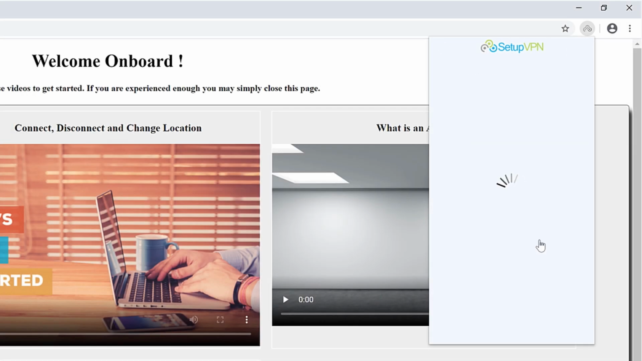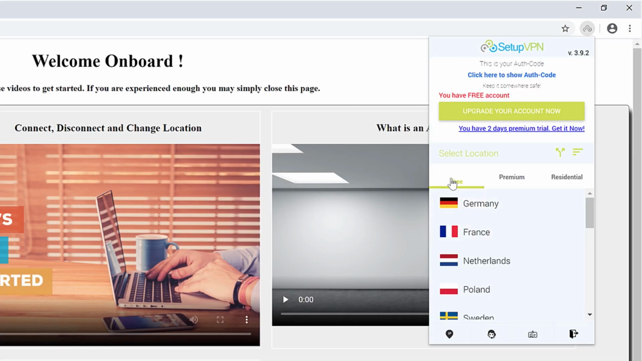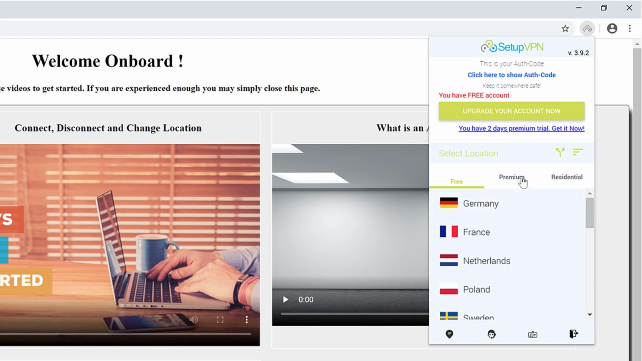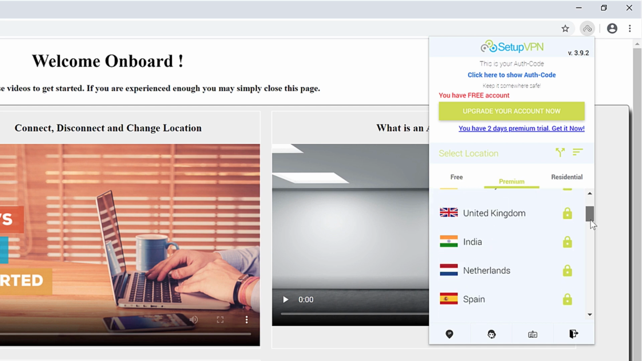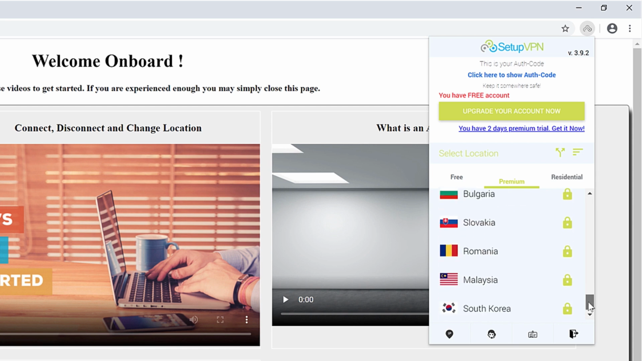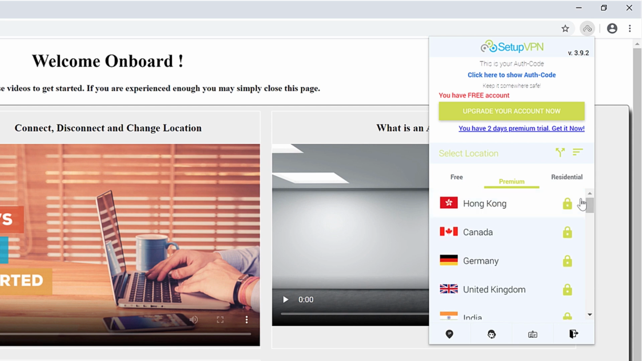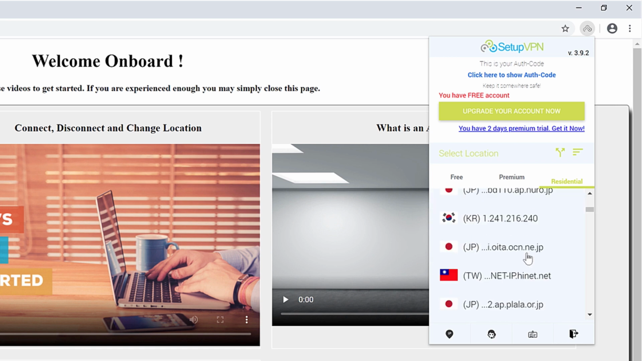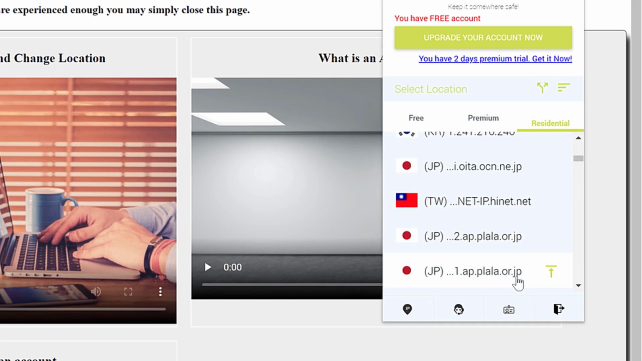Now let's start. You have several locations to choose from if you have a free account. And with Premium, you can unlock more features and have access to many more locations. And with the Residential tab, you can use IP addresses that are hosted on genuine home computers, as opposed to general servers. And if you ever want to sign out of SetupVPN, just come here